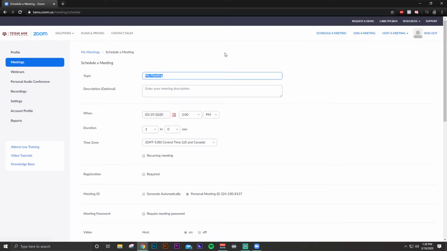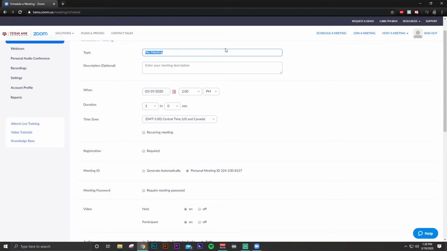Once you've selected schedule a meeting, it'll have a menu of options you should fill in. First up is topic. I'm going to write test meeting, the description, which is optional, and then the when. Make sure to choose a date in the future, and then the time. Now, during your duration, I would suggest that you add a cushion time of 30 minutes. If you are planning to lecture for 50, make sure and do an hour and 30 just to give yourself time before the room closes, or students at least know if it's going to run over.